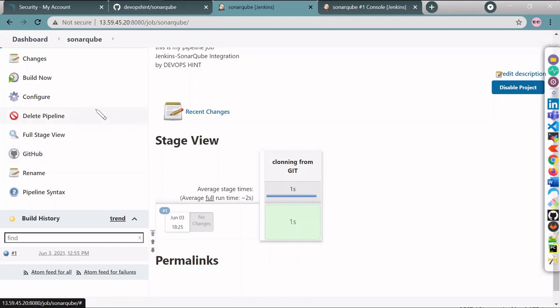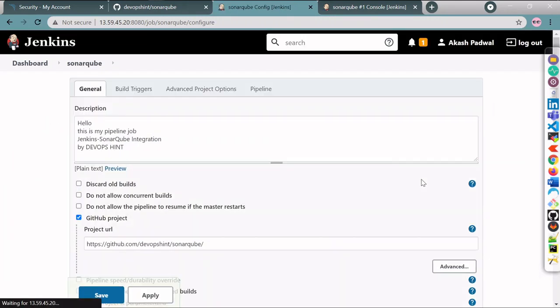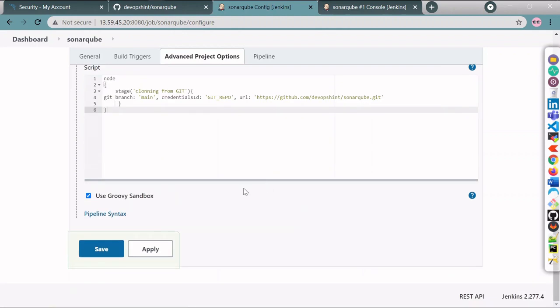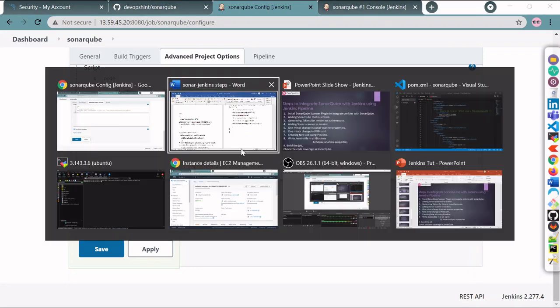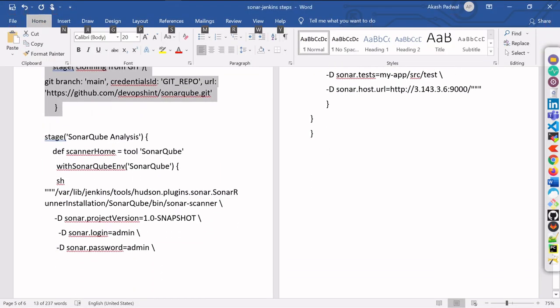Now we have to add one more stage in the Jenkins file, and in that stage we have to provide our analysis properties. It is very simple, I will show you here. It is nothing but your tool name which we configured 2 minutes earlier, that's SonarQube.